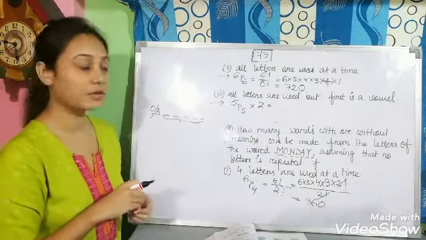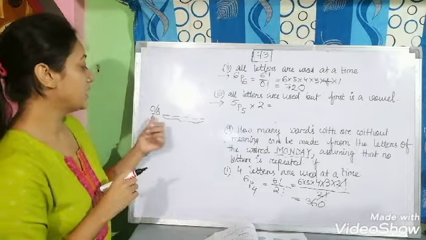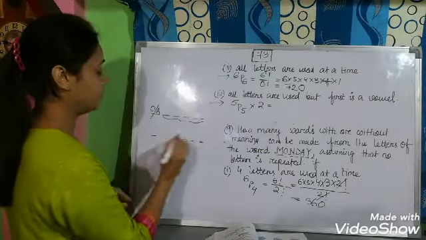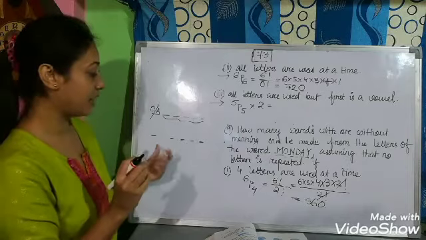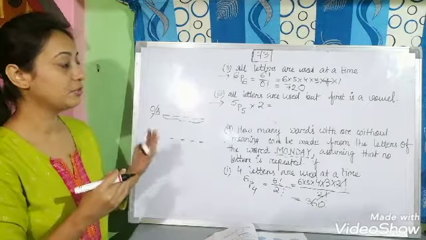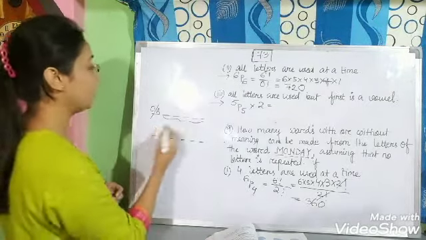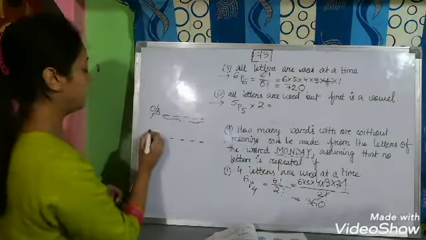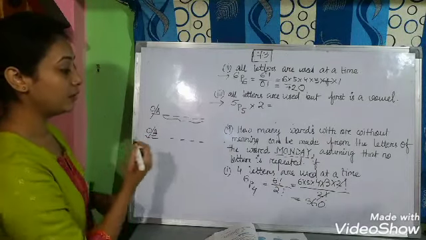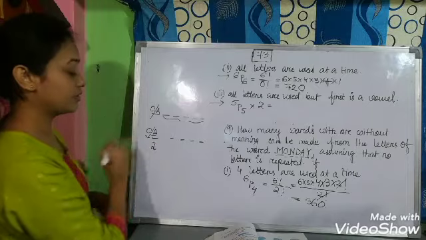I think you have understood, all of you. See, here 6 places are there. That means 6 letters are there in the word MONDAY. You will arrange in such a way so that first is always a vowel. So the vowels are O and A here. That means first place can be filled up in how many ways? 2 ways. Okay.